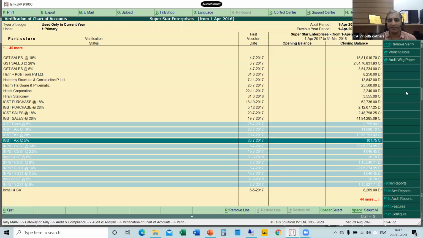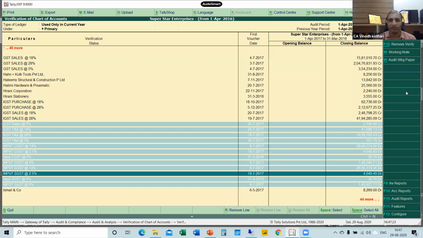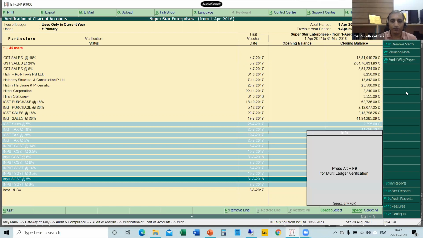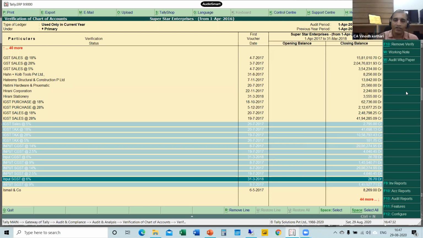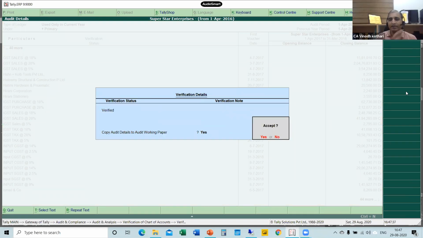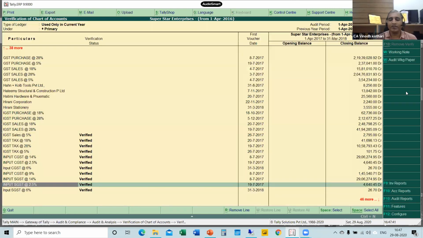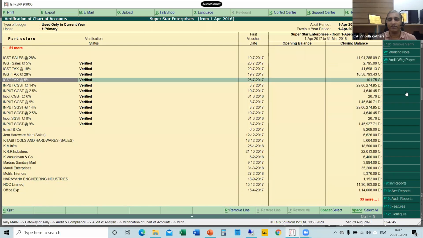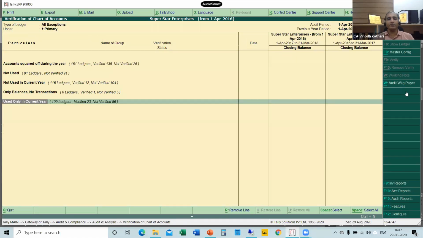By selecting the space bar, I can select all these things and I press, sorry, Alt F9. So if you press Enter, you will get this Alt F9, verified, Enter, Enter, Enter. Now you can see that this query has been updated here. So this way verification status becomes easy.